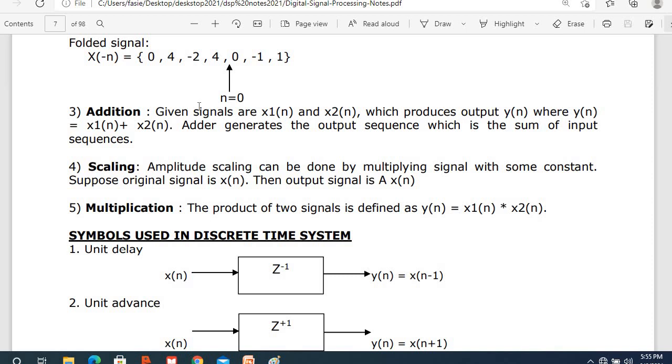So students, next we are proceeding with addition of two signals. Suppose you have a first signal x1 of n, and we pass it with another signal x2 of n. When we want to add these two, I write the output as y of n. So y of n should be the combination of x1 of n and x2 of n. That particular property is called the addition property of two signals, and it needs to be generated by the output sequence y of n.